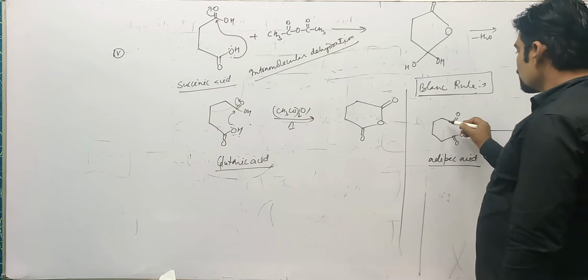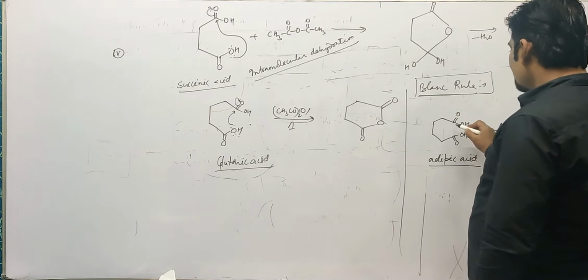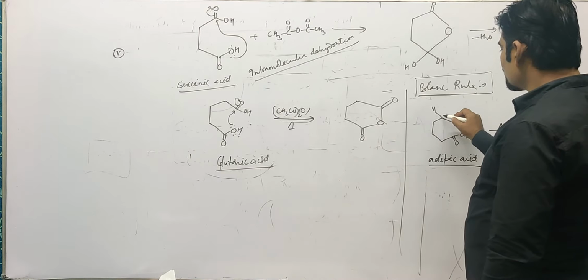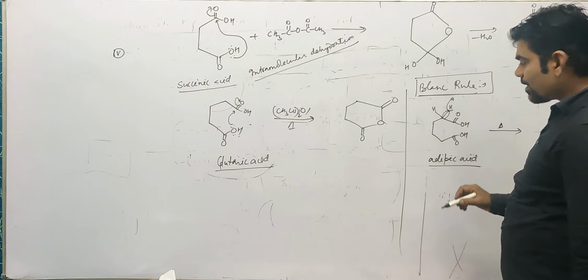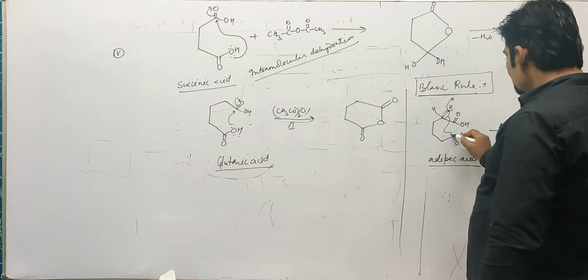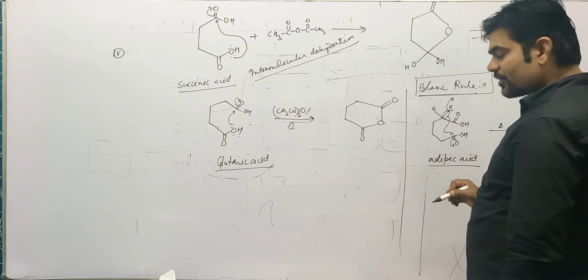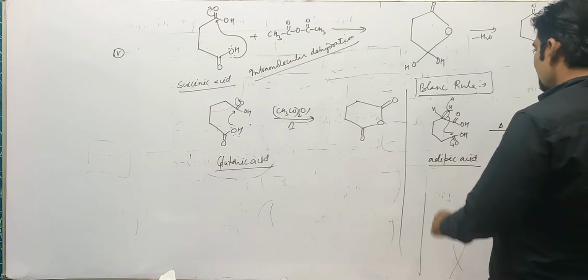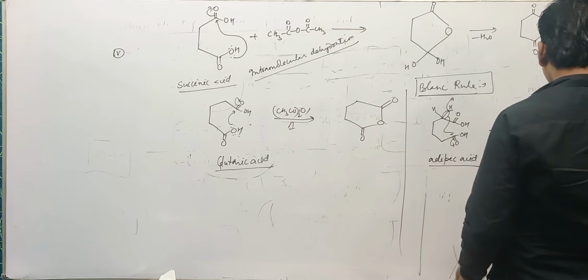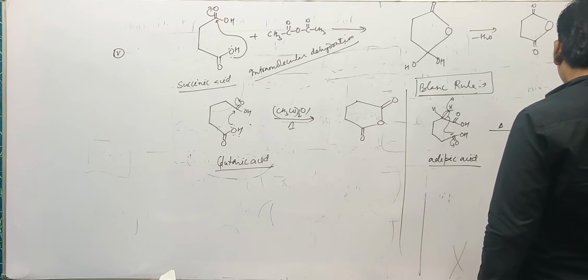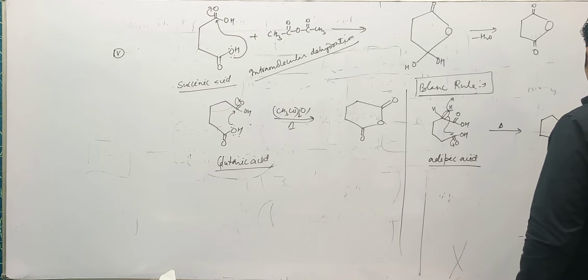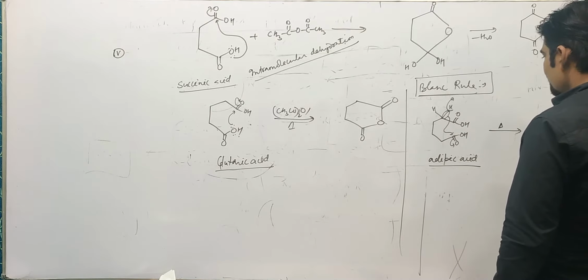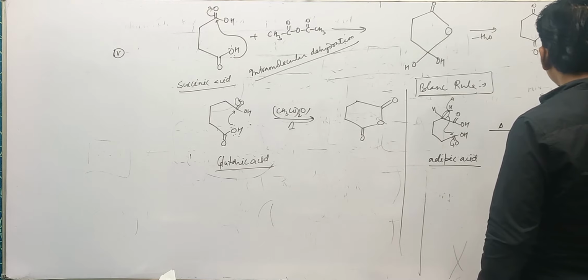So how is this cyclic ketone formed? When it is heated, the alpha carbon has two replaceable hydrogens. This H plus will be eliminated, this will become minus. This minus approaches this place and this bond is getting transferred. So there is formation of a 5-membered ring, 1, 2, 3, 4, 5, and the carbon is attached with this. So there will be O minus, OH, and at this place there is C double bond OH.